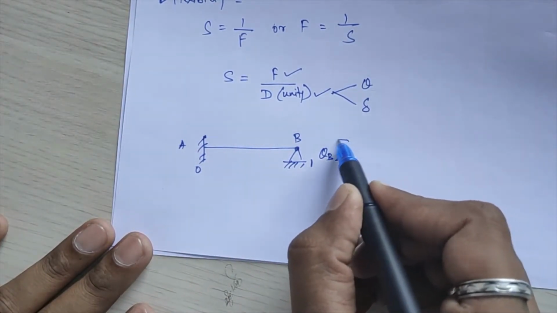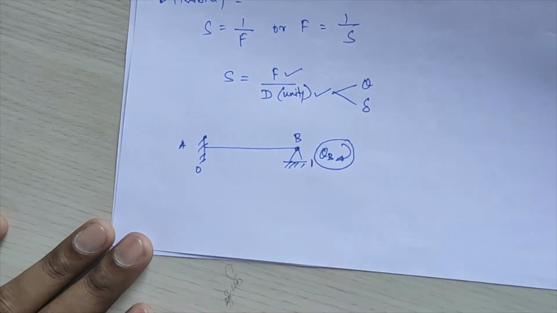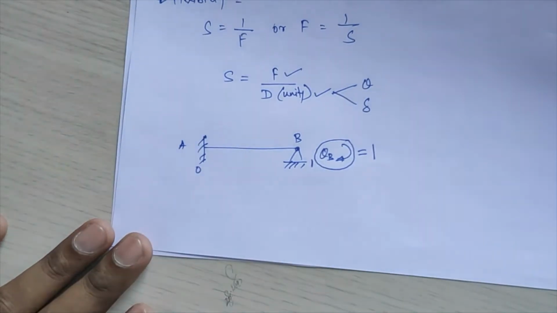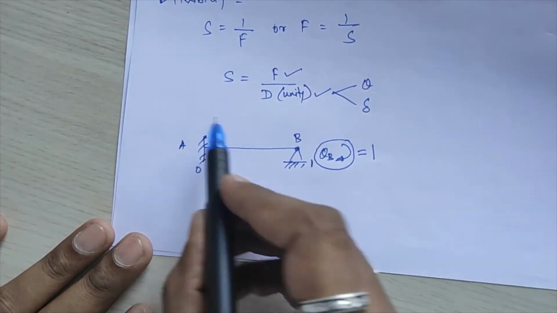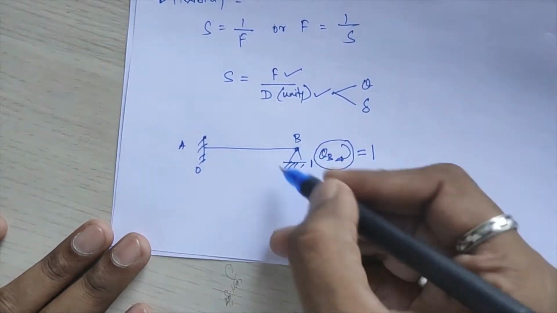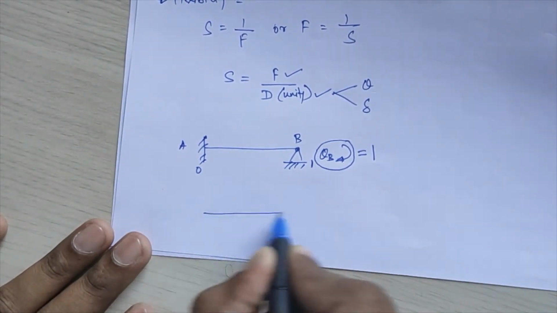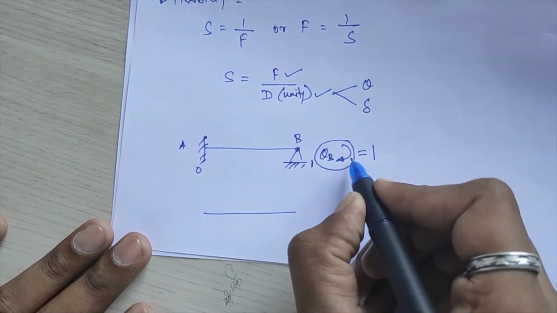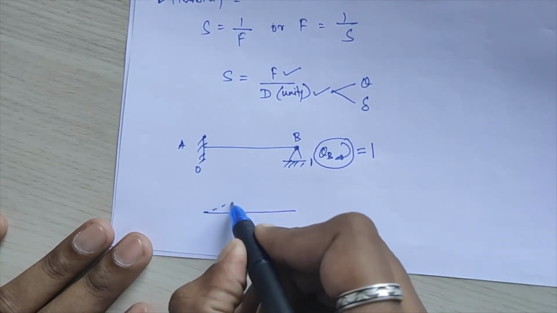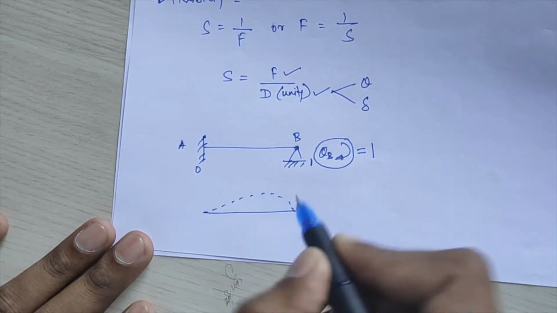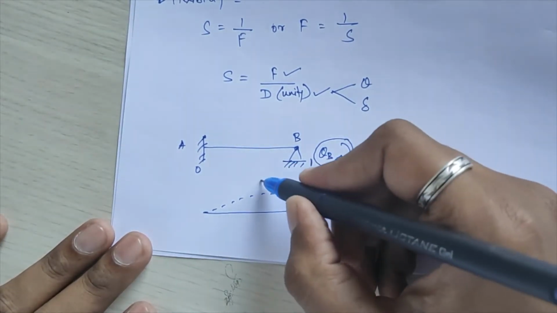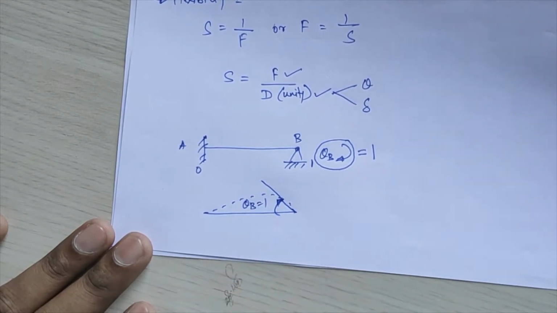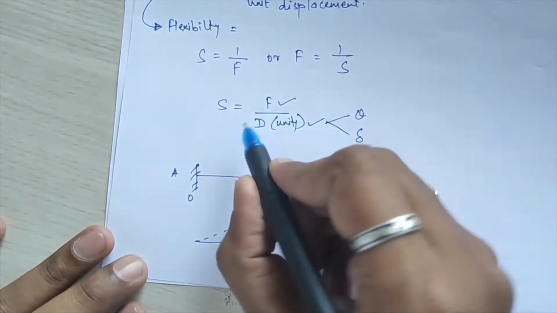That means what you have to do here, this displacement, that is theta B, shall be equal to 1, which will produce a force on this member AB to deflect it. So I draw the diagram for this. Here I have to apply my theta B is equal to 1. If you see the deflection pattern, it will be in this way, which will produce theta, that is a slope, having the slope value theta B is equal to 1, that we assume here.